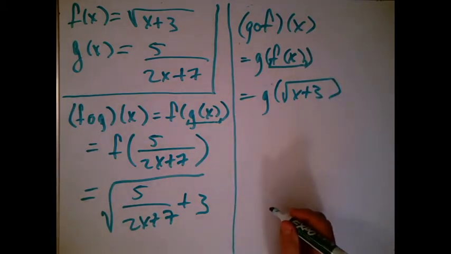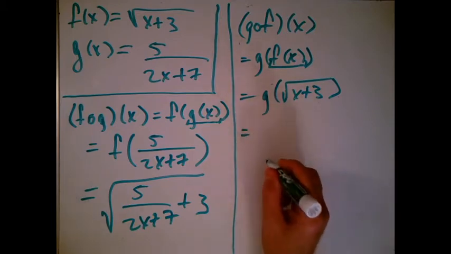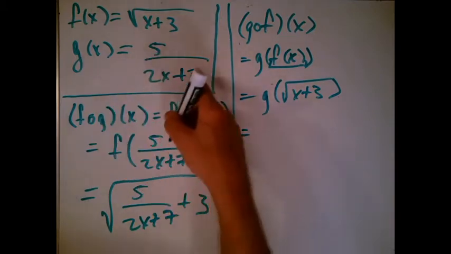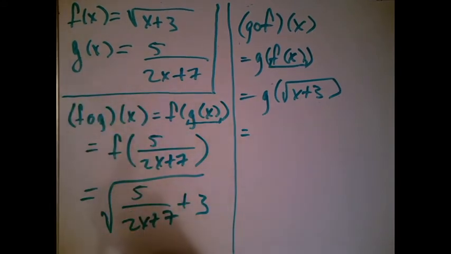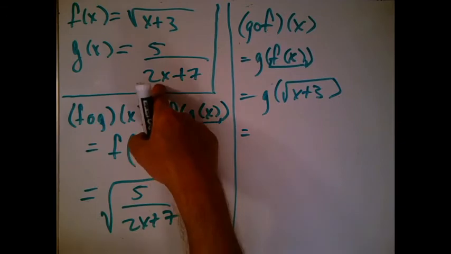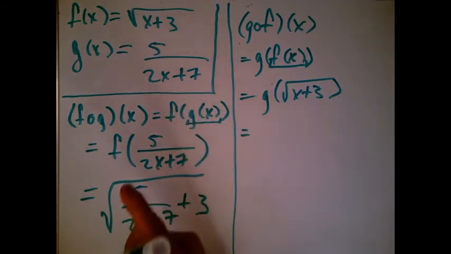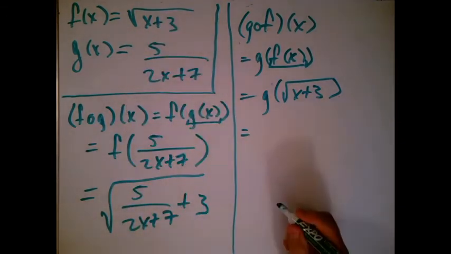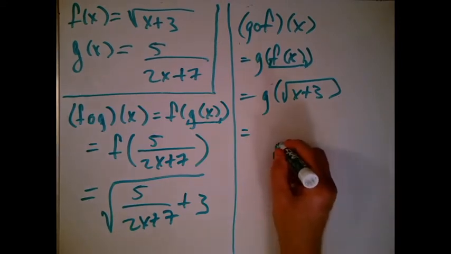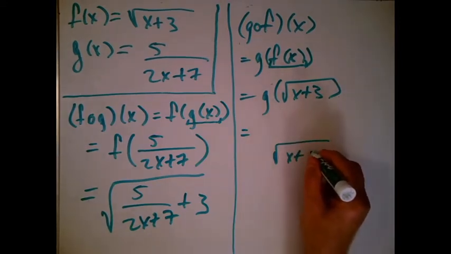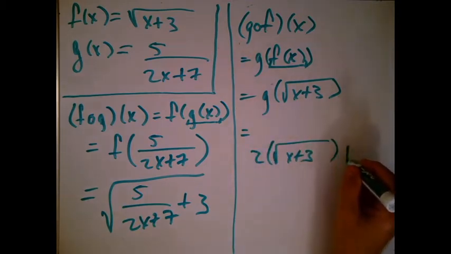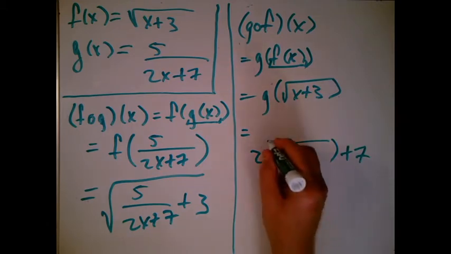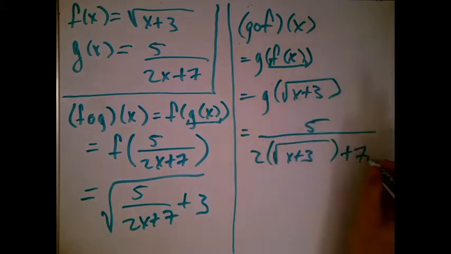Now we're not done. We now want to take the square root of x plus 3 and plug it into g, but in order to do that, I really have to be able to look at g and ask myself, in order, what does g do to things inside of the parentheses? So this is what it does. It multiplies by 2, it adds 7, and it divides into 5. So I need to take what's inside the parentheses, multiply by 2, add 7, and then divide into 5. And what we get